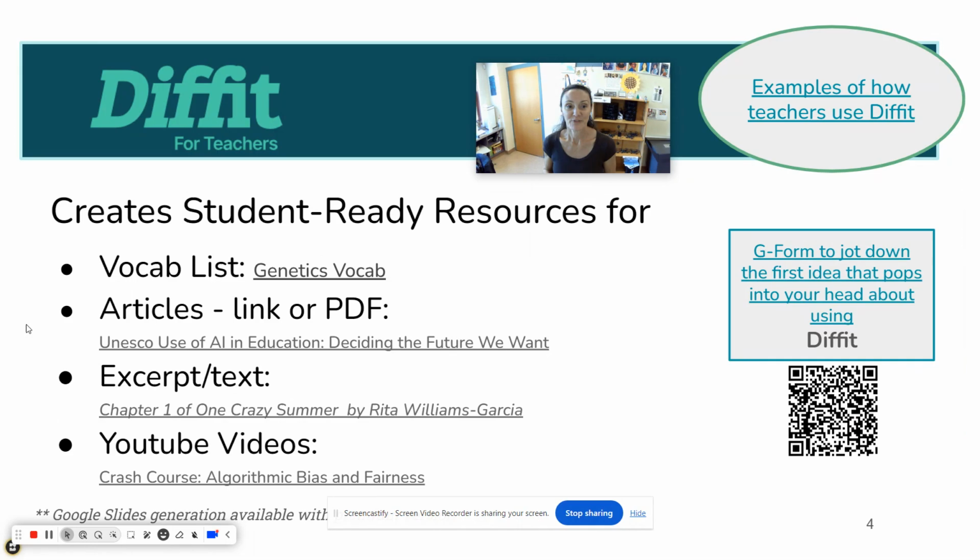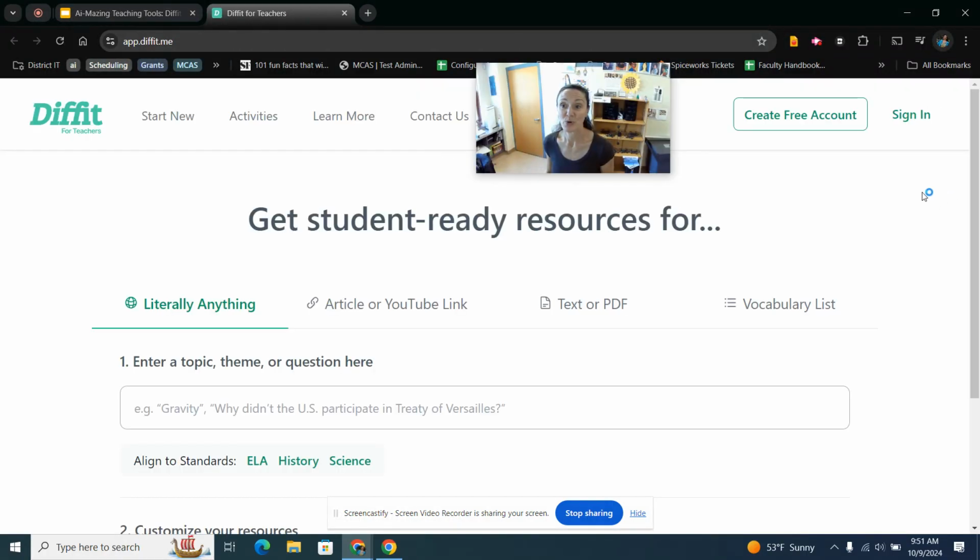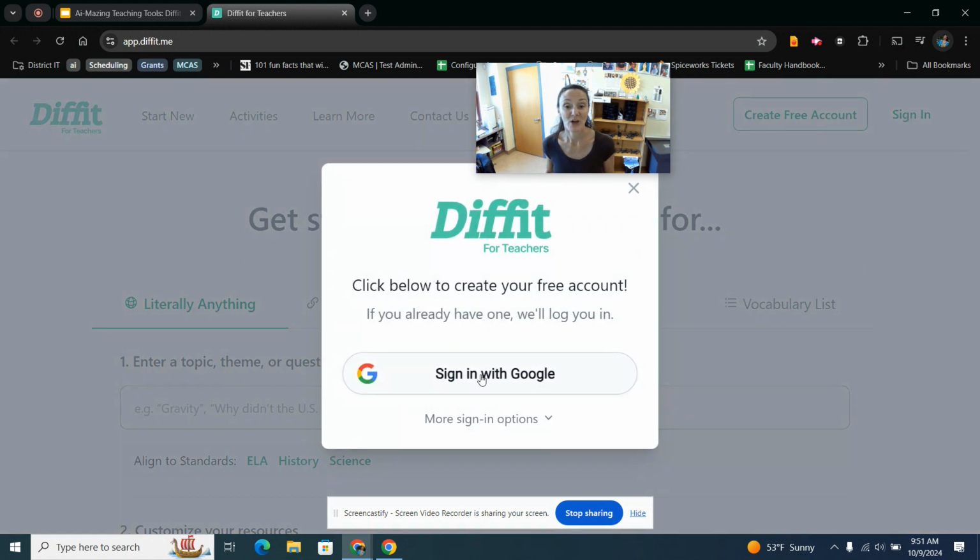So, without any further ado, I'd like to take you to Diffit. Up here on the top left-hand side of the slide deck, if you click on Diffit, it will bring you to the place where you go to either create a free account or sign in. I already have an account, so I'm going to click sign in. You would click create free account unless you've played with this before,